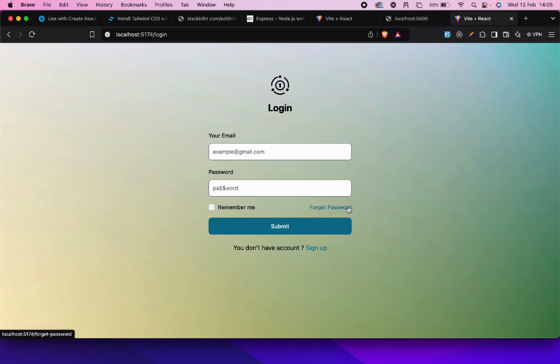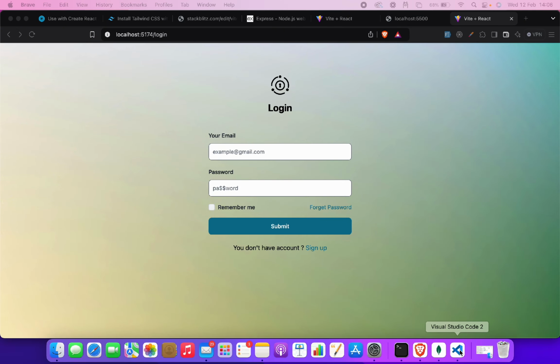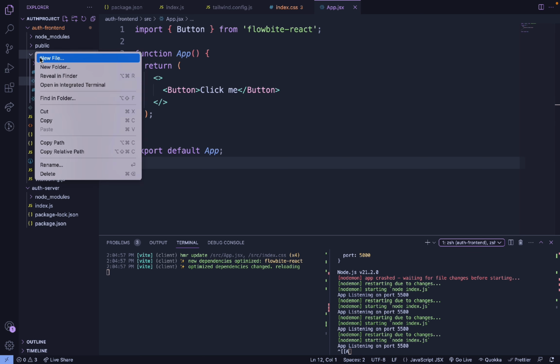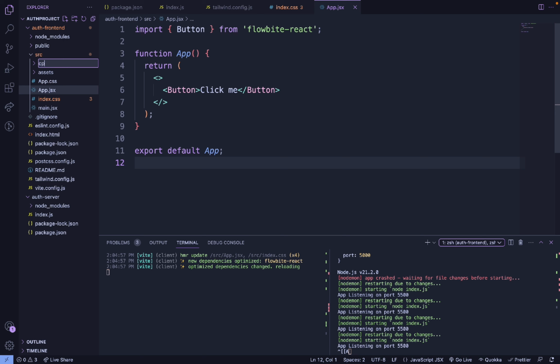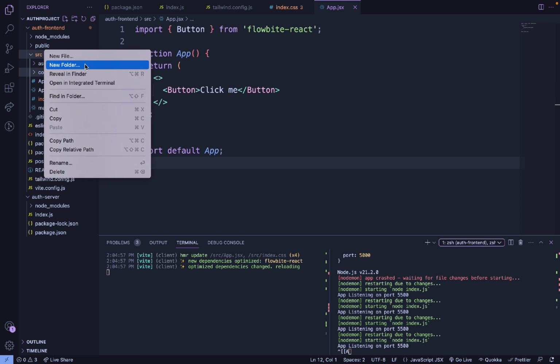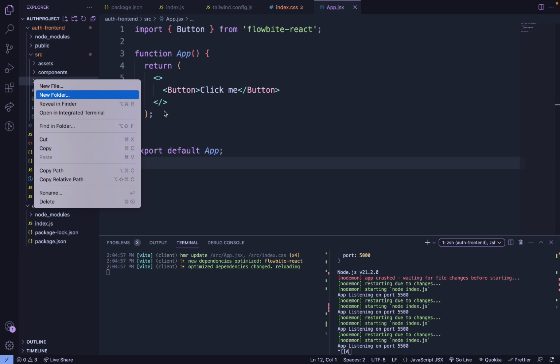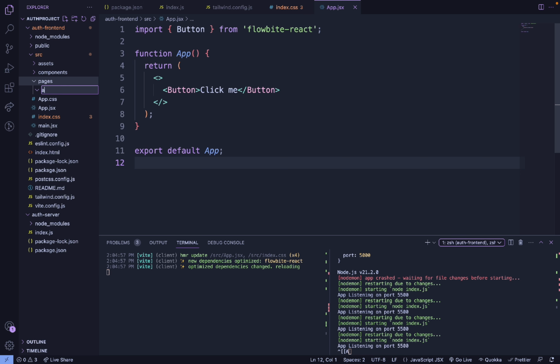Now this is all about the project we need to do, and at first there is a login, home page, and the other pages are there. So for that, let's create a separate pages folder, that is auth. Inside it, let's create the component at first, and then create the pages. Inside the pages you will create the auth. So if you create in this way,